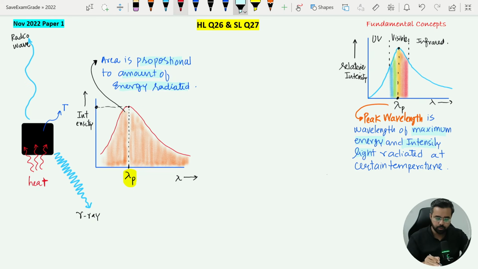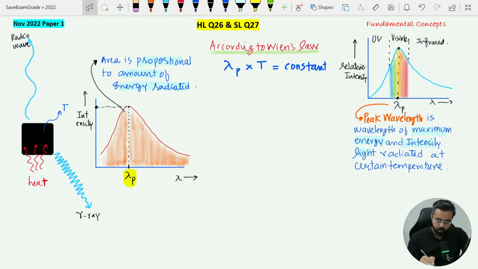Let me show you. According to Wien's law, we know that the product of the peak wavelength and the temperature is constant. What does that mean? It means that the peak wavelength, the wavelength of the light carrying maximum energy, is inversely proportional to the temperature of this black body. It means that if this curve is formed at the temperature T, and right now I draw another curve,